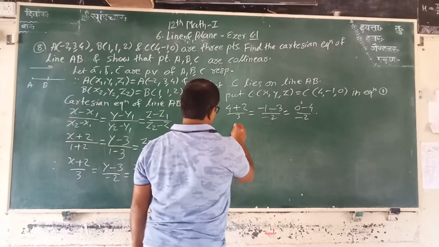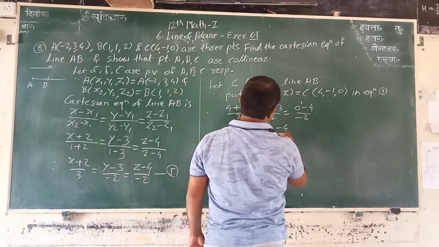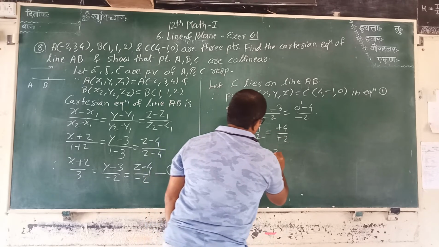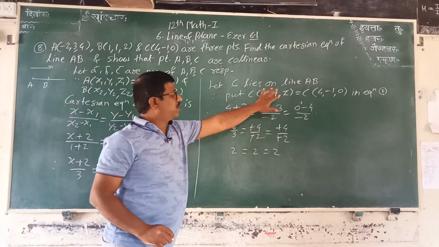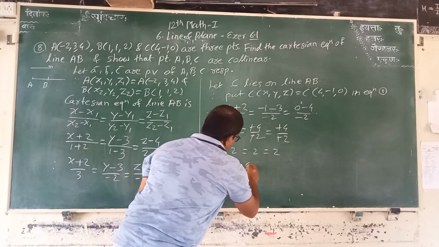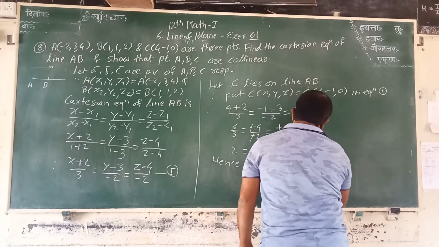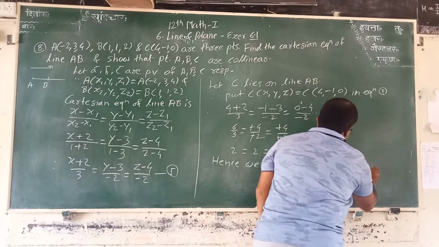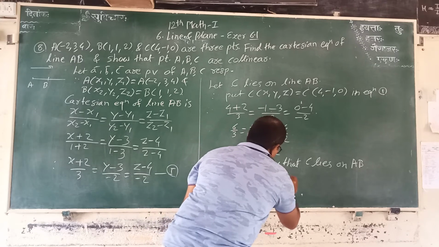Then we get the values 6 upon 3 equal to minus 4 upon minus 2 is equal to minus 4 upon minus 2. Hence, we get the values are the same, 2 to 2. That is, the lambda is the same. Therefore, C lies on line AB. Hence, we say that C lies on AB. Therefore, A, B, C are collinear